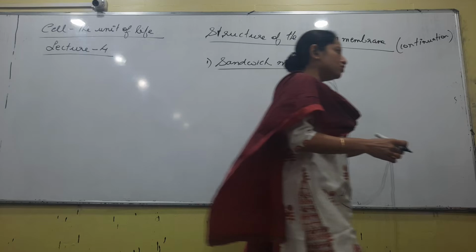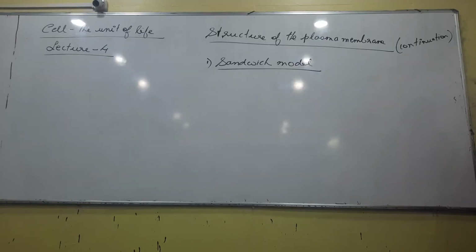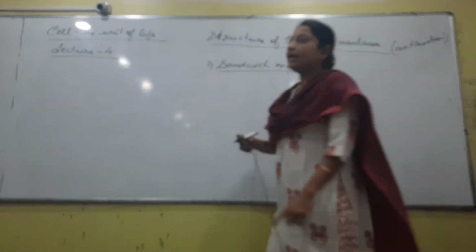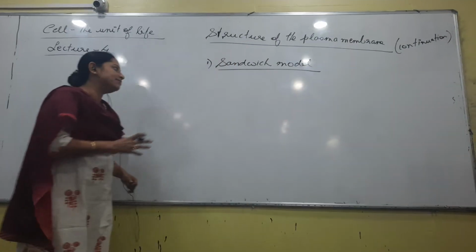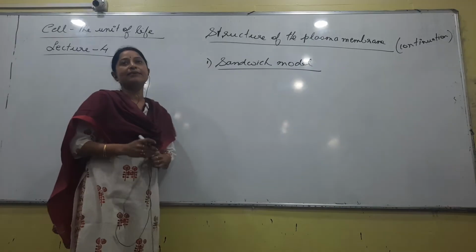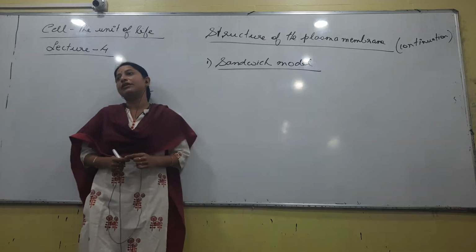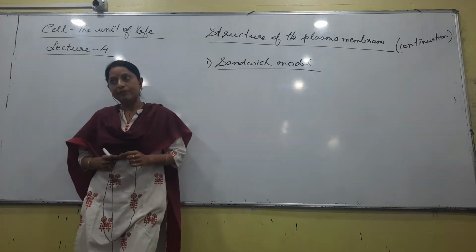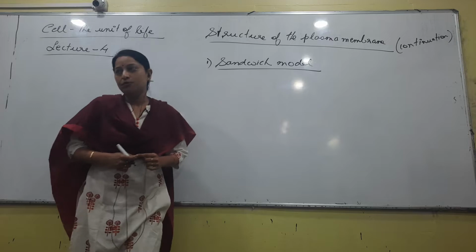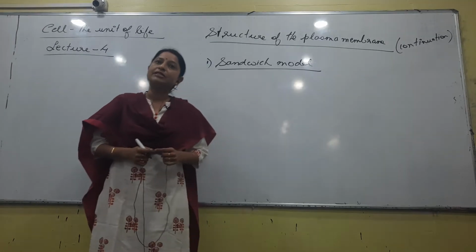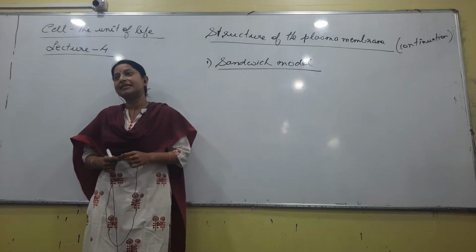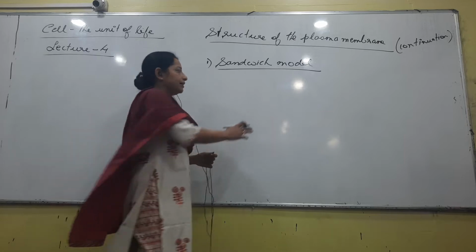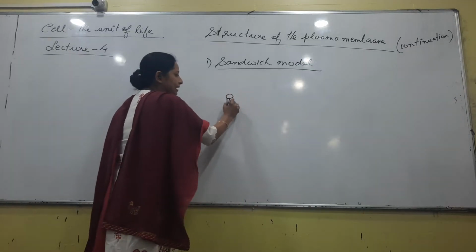Okay, last class we did, so let us do a quick revision. The sandwich model was also called the trilamellar model, no? According to the sandwich model, the plasma membrane is made up of a phospholipid bilayer and certain types of proteins. As far as the thickness is concerned, how much was it? 75 angstrom, very good. So, we have drawn a diagram like this.